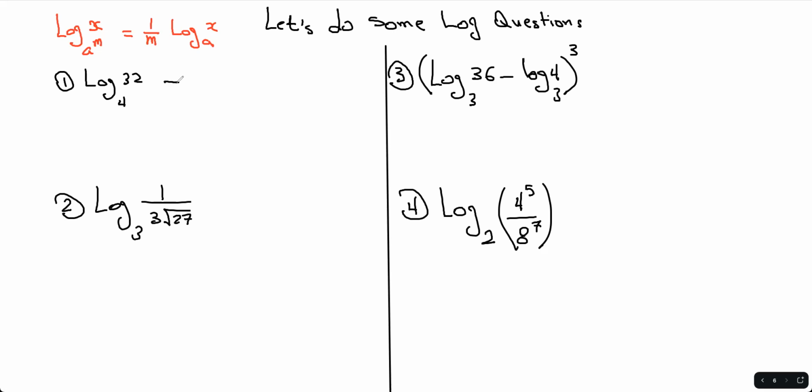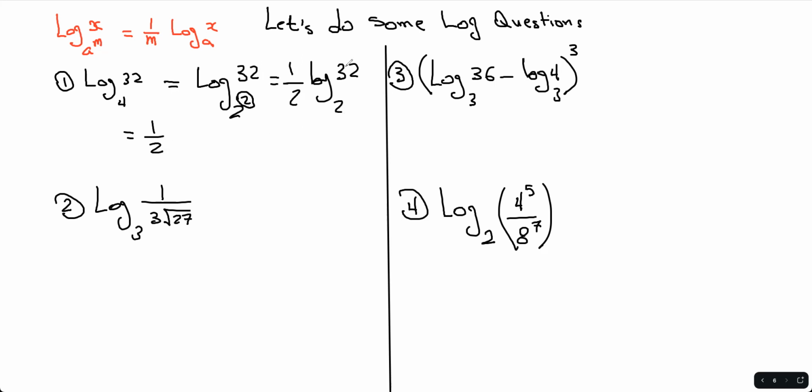But what we could do is refer to this rule right here, which is if the base has an exponent, then we could go 1 over that exponent and then change it to log base a of x. What does that mean? It means I could change that to log base 2 squared of 32, which is the same as, you see, that's the m right here. So I could go 1/2 log base 2 of 32,